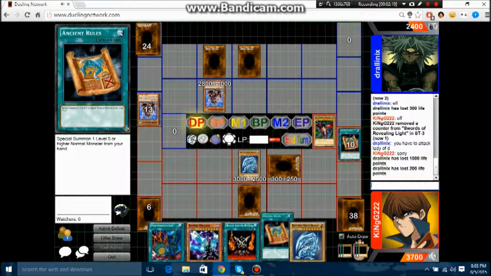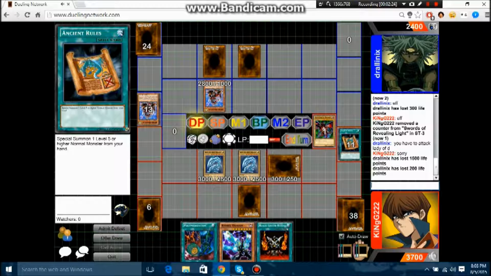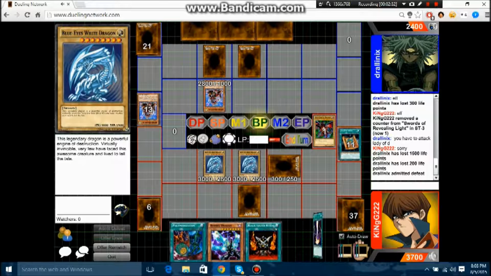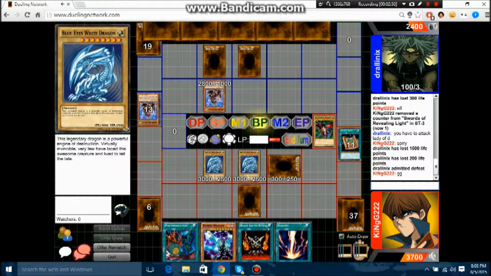But I get rid of his other Armor Dragon, Armor Dragon level 7. He loses some more life points. I have my set there. I was expecting to have to use my set on the next turn, which would have helped me greatly. I don't know if he uses that set right there. He might set another... Yeah, he sets another...